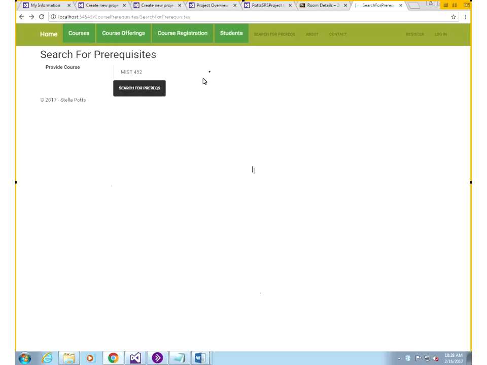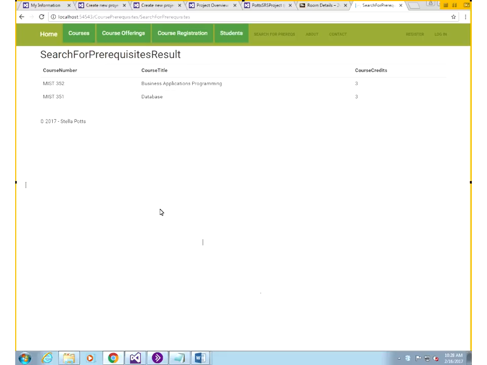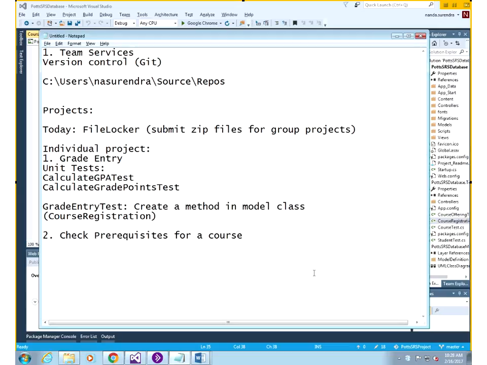This is the result. What we had discussed in class was getting this drop-down list, right? But we had not activated getting the prereqs. So what I would like to see is for you to check prerequisites for a course. So given a course, provide the list of, or display the list of